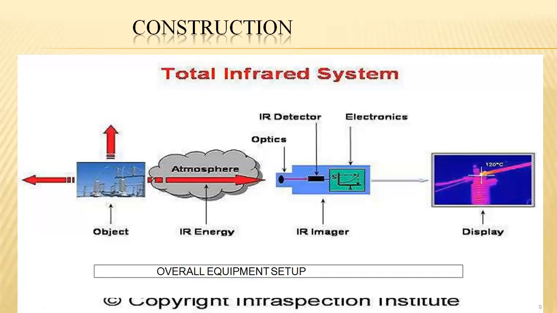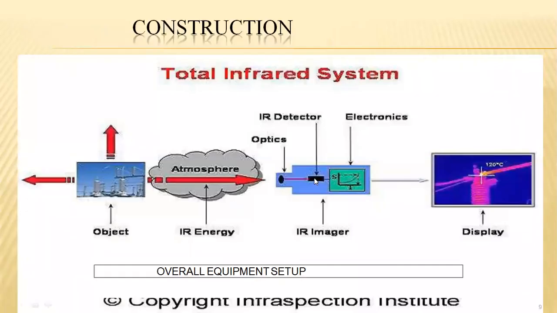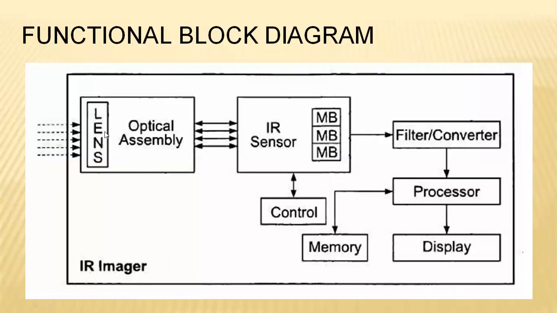That is a particular level. It's the functional diagram where it will be displayed in an object oriented way. In the previous diagram, we had a detailed discussion of an IR imager or a lens, normally called a photodiode. The lens optical assembly leads towards the IR sensor, and there will be control for the overall monitoring aspect. It is a closed loop system.